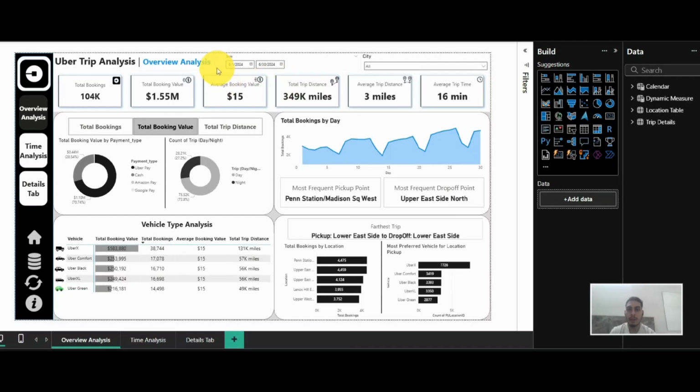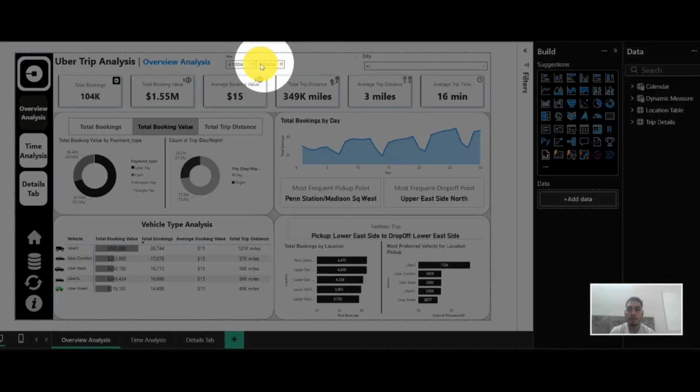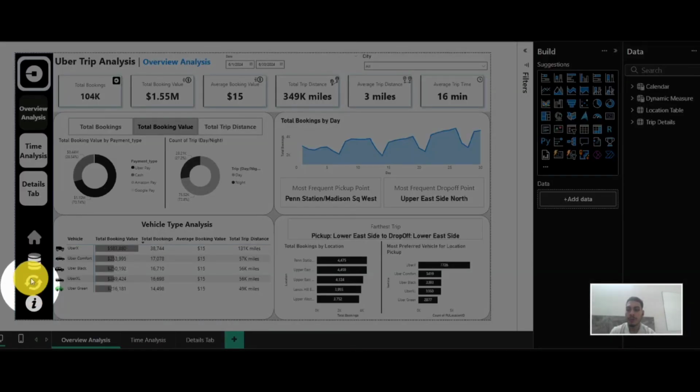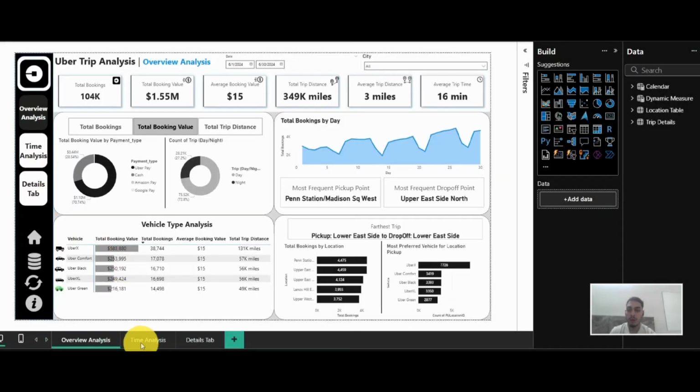And here is a filter for choosing the date range, and here is a filter for choosing the city. Apart from that, there are three buttons here which will direct you to different actions, and here are the three page buttons which will take you to the different pages of this dashboard. So moving on to the next page,